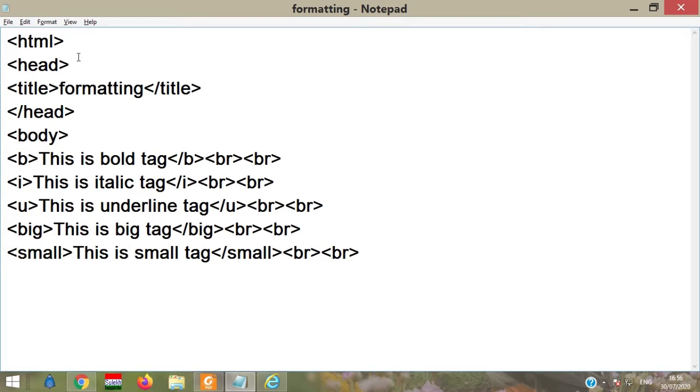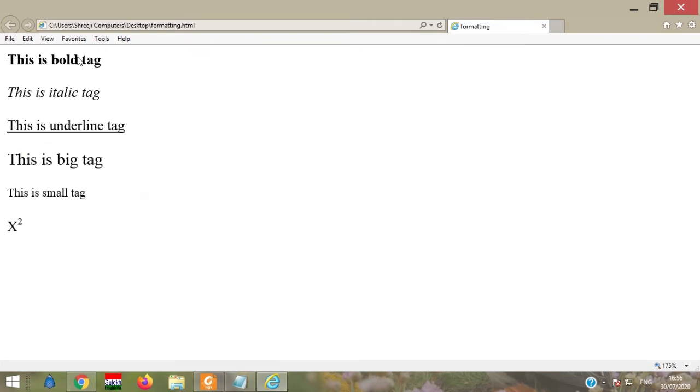Then suppose you want to use a superscript in your web page. I don't want to write x2, I want to use x square. So for that I have to use sup and close sup tag. Then x square.